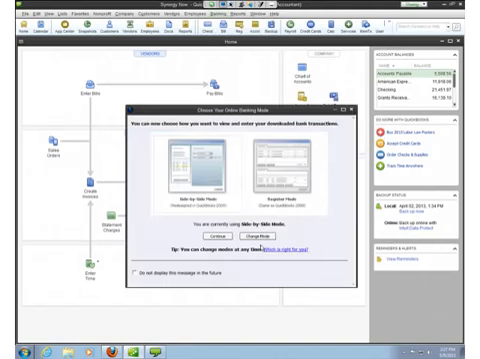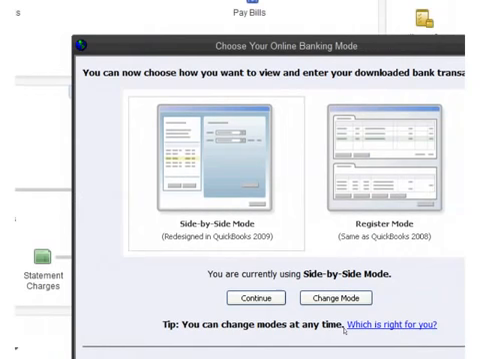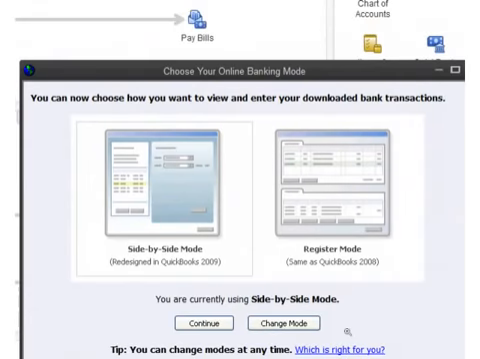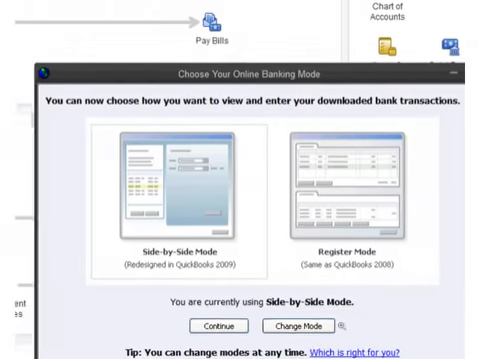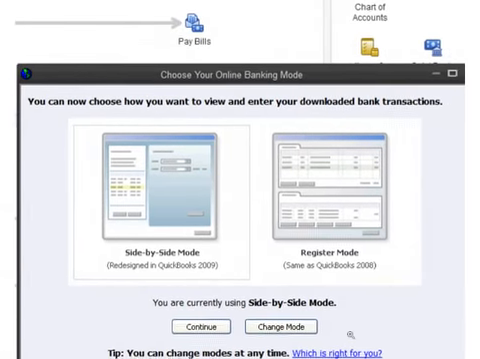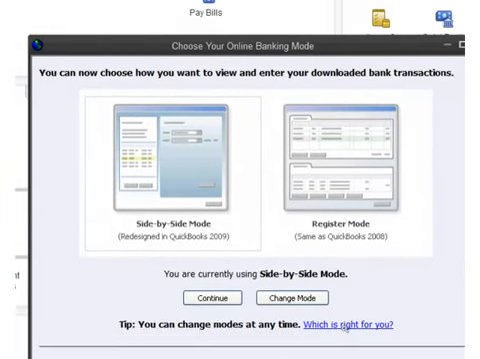I didn't mention this before. The Online Banking Center can be viewed in two ways. One is side by side, and the other is up and down. The up and down method was around for years, and if you choose that method, what that means is you see, for whatever bank account you're downloading into, the register at the top, and then at the bottom you have a list of your downloaded transactions,